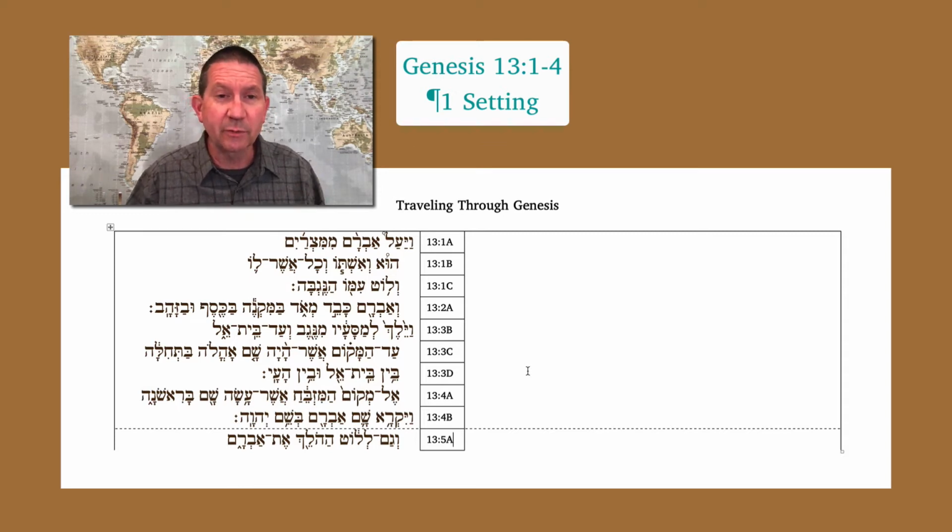A couple things that we can observe is that we have a change of location. Mimitzrayim, he's leaving one place, he's going to another. Also, the subject, Avram, is explicitly stated. And in here we have a chain of 3 vayiktols, and Abram is the subject of each of those. And that brings coherence to this unit as a paragraph.